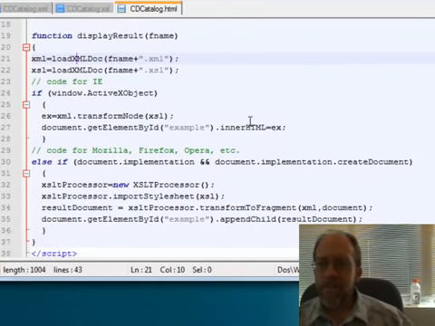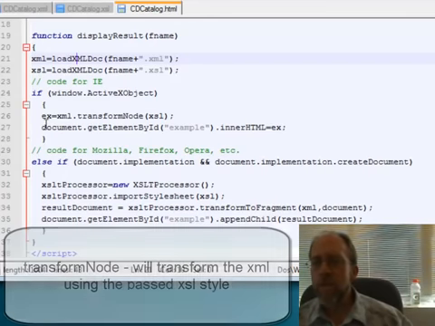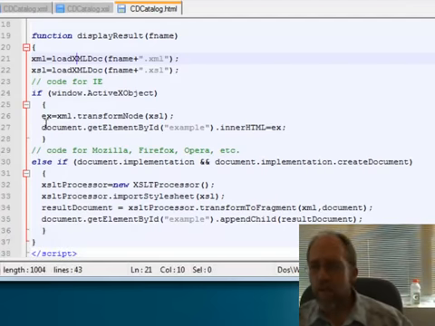Okay, if window.ActiveXObject, basically saying that there is an ActiveX object that has been instantiated, which means that it was Internet Explorer. Okay, I'm going to do it through this function called transformNode, and I'm going to pass it the XSL style sheet. So what I'm doing is I'm taking the XML file, and then I call XSL, okay, and then that is assigned to the variable ex. What it does is it simply transforms the XML into HTML, valid HTML, okay, and assigns that HTML to ex,